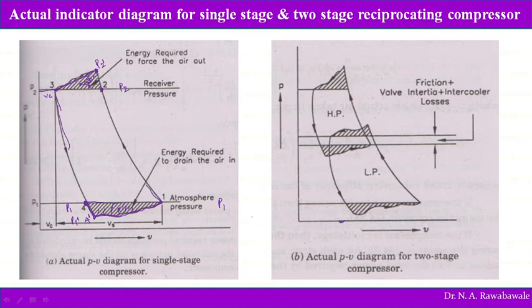If it is a multi-cylinder compressor, the same is the case. See here, the compression in the first LP cylinder starts at point 1. Theoretically we see that it ends at point 2, but the pressure has to be increased beyond that, so that the pressure in the LP cylinder becomes greater than the lowest pressure of the HP cylinder. Only then does air start to pass into the HP cylinder. Again, the clearance air starts to expand and the pressure falls below atmospheric pressure. Again, fresh air enters the low pressure cylinder.